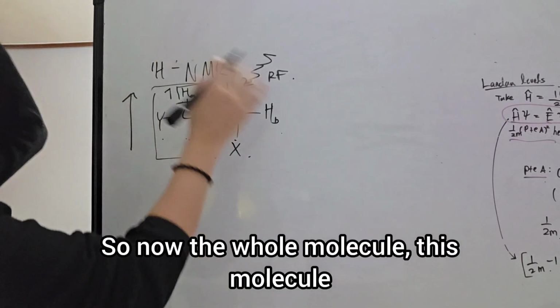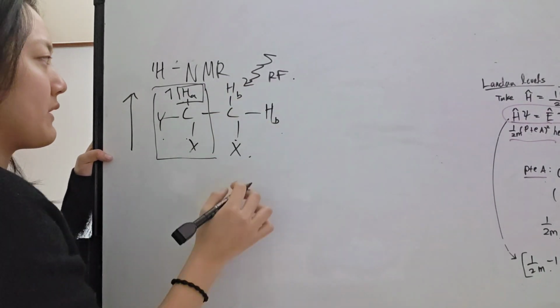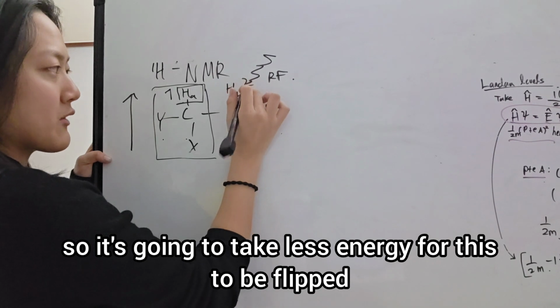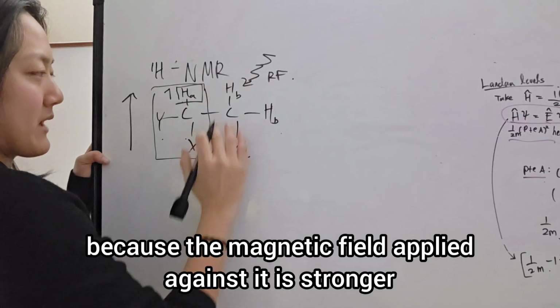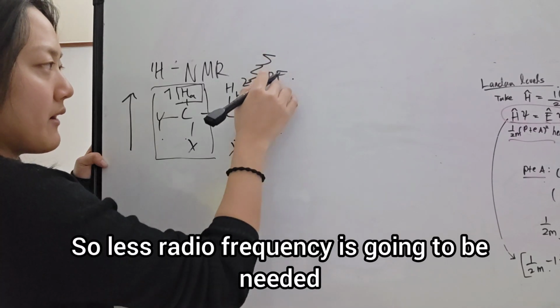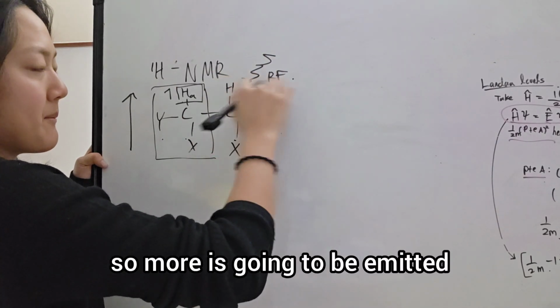So now the whole molecule, there's going to be a net stronger magnetic field, so it's going to take less energy for this to be flipped because the magnetic field applied against it is stronger. So less radio frequency is going to be needed, so more is going to be emitted,